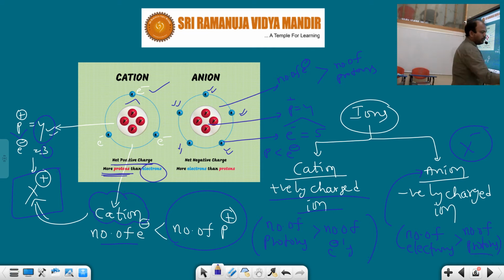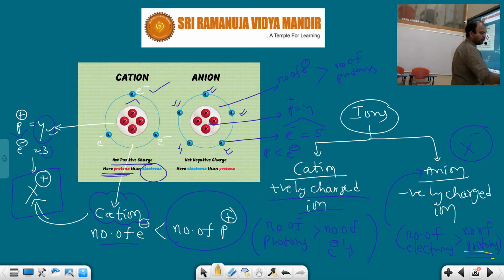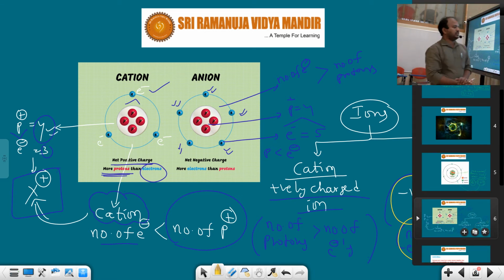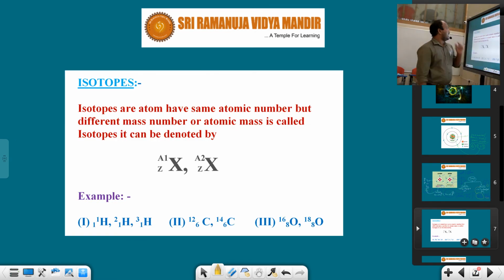Compare with the proton number, which number is more? The electron number is more, then only an anion forms. An anion is nothing but a negatively charged ion. I hope that you could understand this concept, and after that we will discuss isotopes. What are isotopes? Generally the atoms of the same element which have similar chemical properties but differ in